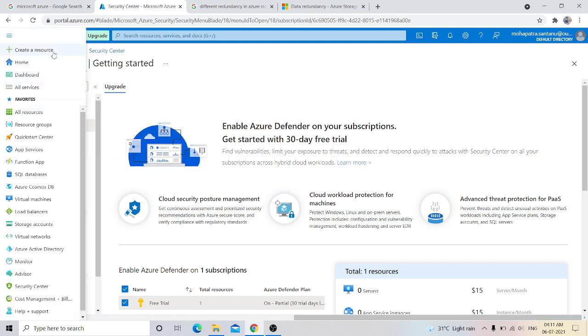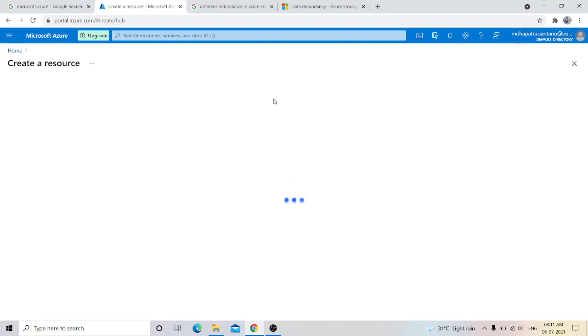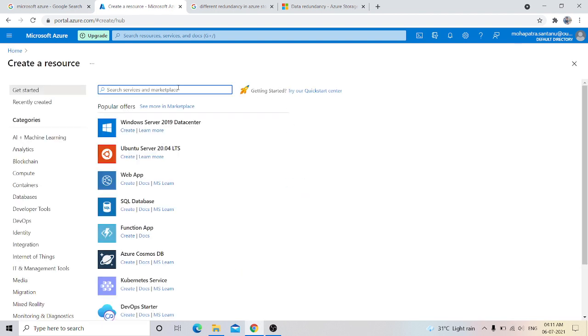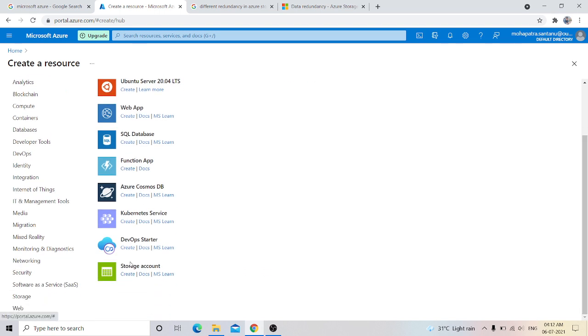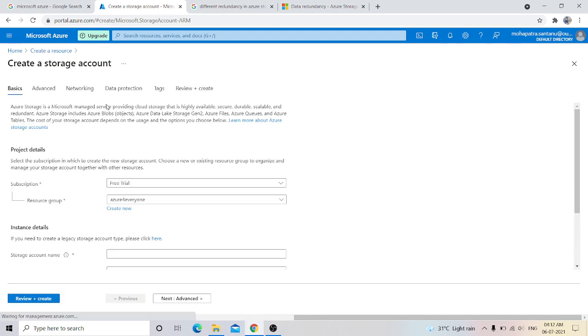For that, you will go to resource, create a resource. Over here, you will type storage, and here there is storage account. You will go there. Here we will get an option to create the storage. For the subscription, as this is a free subscription, it will be shown automatically. Now suppose we have Azure for everyone, we will create a new resource group. Let us say we'll create a new resource group like